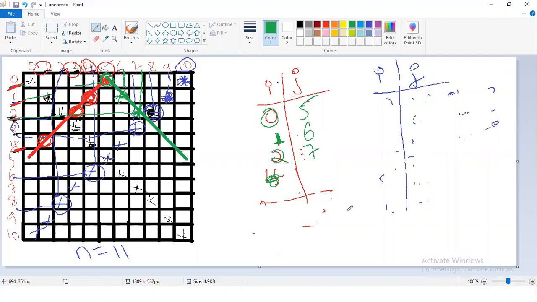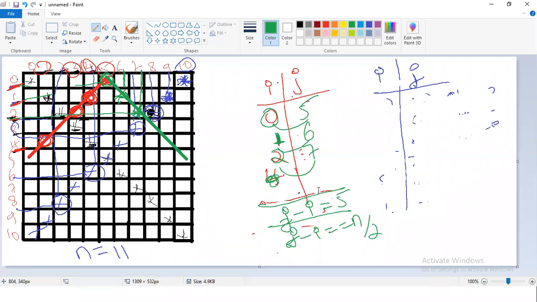Can you notice something here? You are noticing that if you do 7 minus 2, answer is 5. 6 minus 1, answer is 5. 5 minus 0, answer is 5. That is why, if you write j minus i, answer will be 5. j minus i equals n by 2 is our line equation. Okay, is it clear? It's all maths here. j minus i equal to n by 2. This is the line equation.